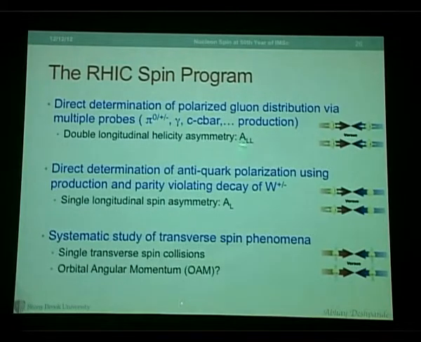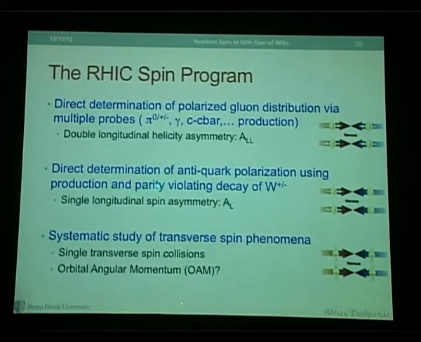So that was the main effort. This is measured using a double longitudinal asymmetry. That means the ALL means it is longitudinally polarized proton and longitudinally polarized proton. As is shown here, these are the two colliding protons. This is the proton spinning that way, this is the proton spinning that way, versus both protons spinning the other way. There is another aim, which I will not talk about today, which is the direct determination of the anti-quark polarization